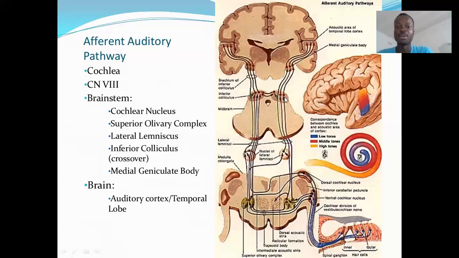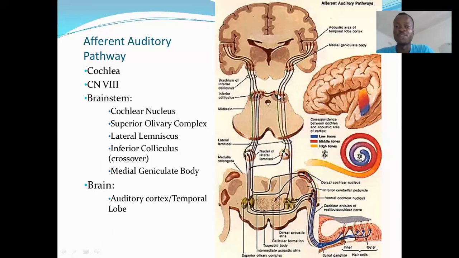Notice there's going to be communication between the two inferior colliculi, as well as the two nuclei of the lateral lemnisci. This is the same reason why I said earlier that any lesion in the auditory pathway rostral to these cochlear nuclei will not result in unilateral deafness, or ipsilateral deafness, if you may call it. Then from the inferior colliculus, you're going to have what is known as the brachium of the inferior colliculus. From the brachium of the inferior colliculus, you're then going to have